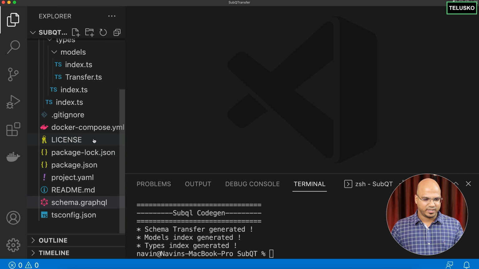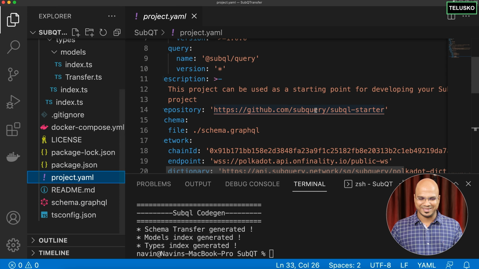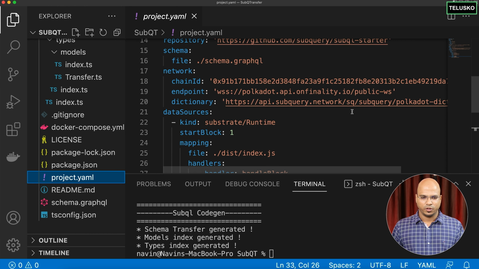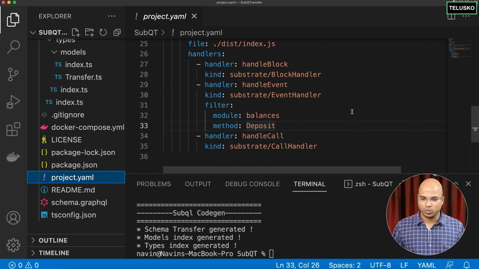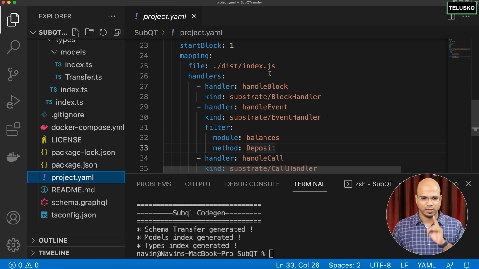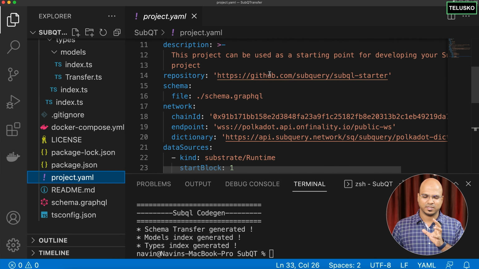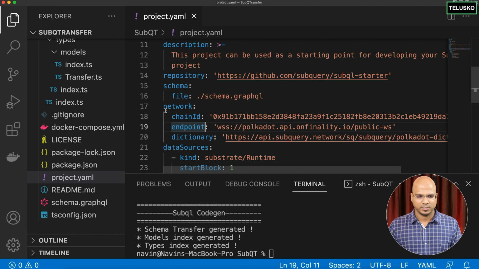And now it's time to change our project.yaml, because remember in this, we need to make sure that you only work with one particular handler, not two, not three. We are only focusing on one here. And one more check, when I faced this issue, I also mentioned that before. Basically, you should have either chain ID or Genesis hash. So if you have both, Genesis hash and chain ID, delete one. Either delete chain ID or delete Genesis hash. It should work. Sometimes it will have both in this network tab and it will create issues.